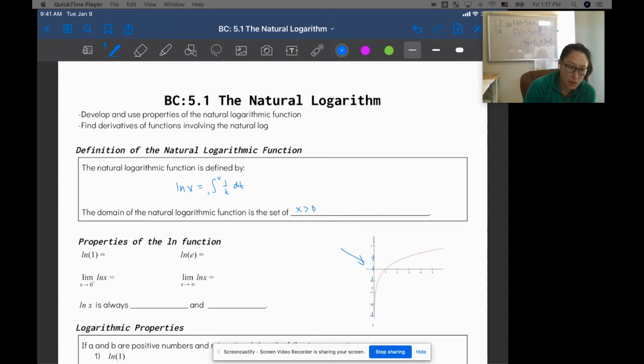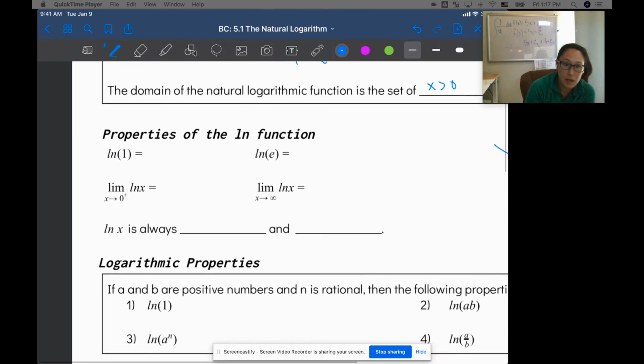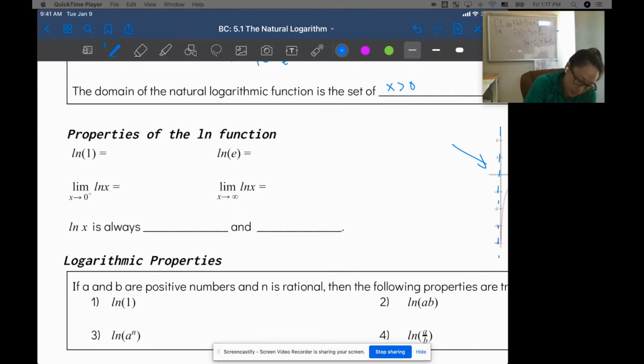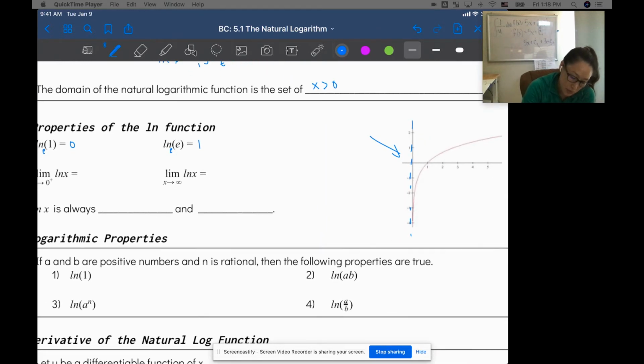All right, so some properties of logarithms that you may remember. The natural log of 1 is 0. Remember, there's an invisible base of e, so e to the 0 power would give me 1. Invisible base of e, so e to the what gives me e? That's 1. The limit as x approaches 0 from the right is negative infinity. And the limit as x approaches infinity of the natural log of x is infinity, because it